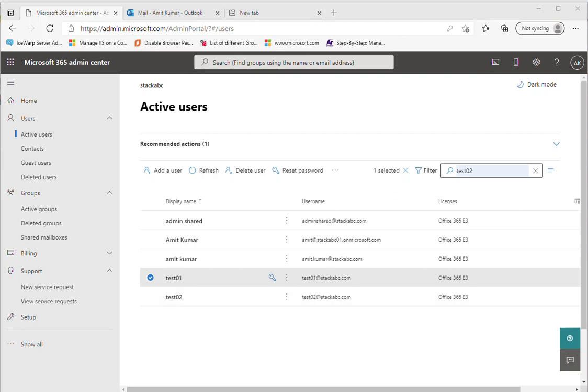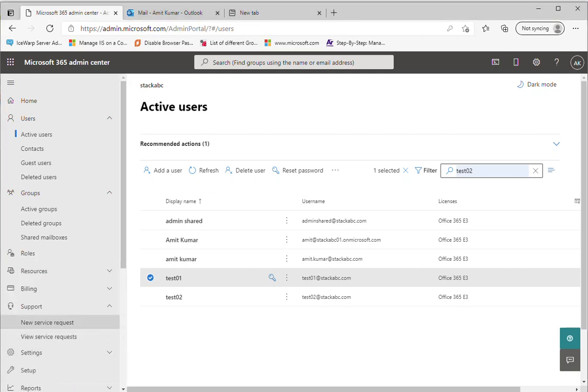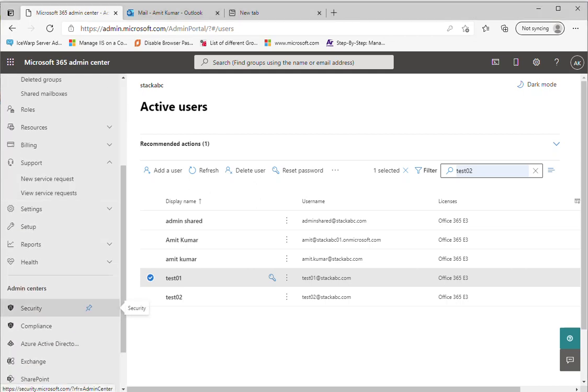Hey friends, in this video we will learn about the mail flow option on Microsoft 365 Admin Center. This mail flow can be accessed through the Exchange Admin Center, and Exchange Admin Center is available on Microsoft 365 Admin Center itself. So I have just logged in with my admin account on 365 Admin Center, and we'll see other tabs, including the Exchange Admin Center tab, are also there.